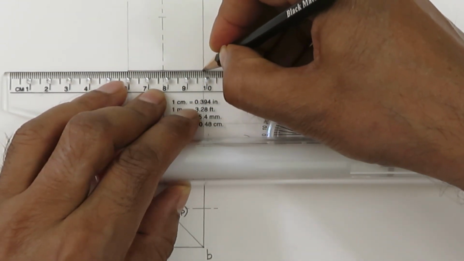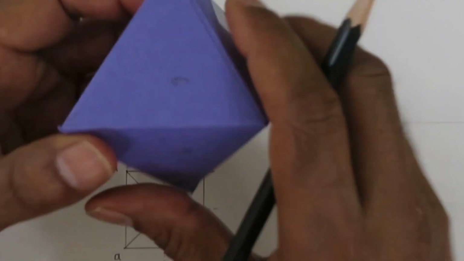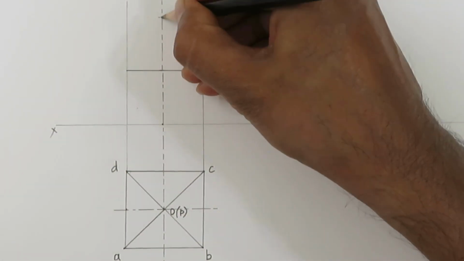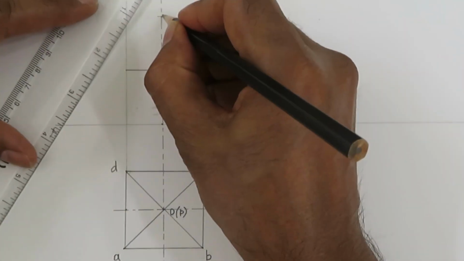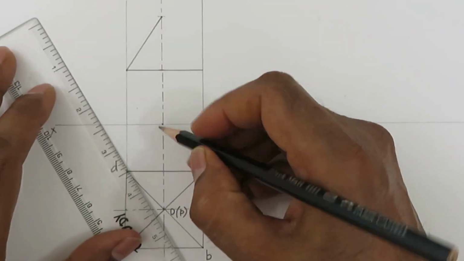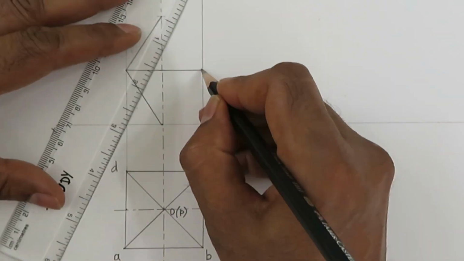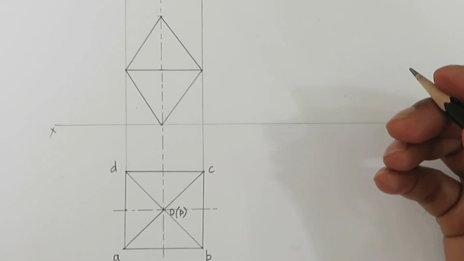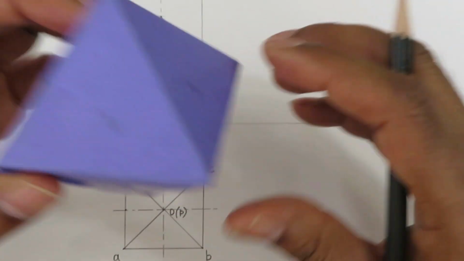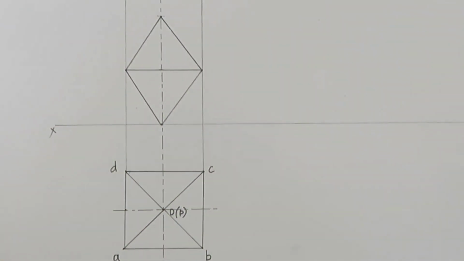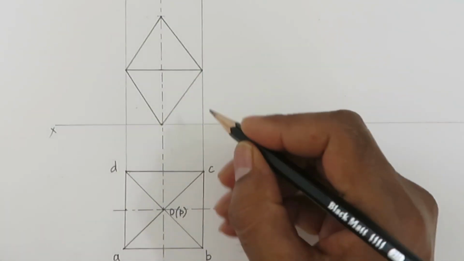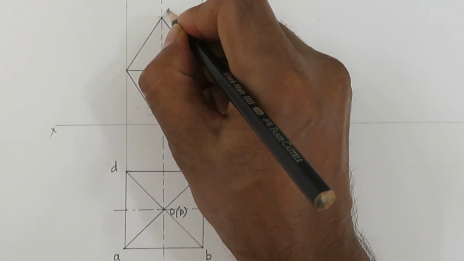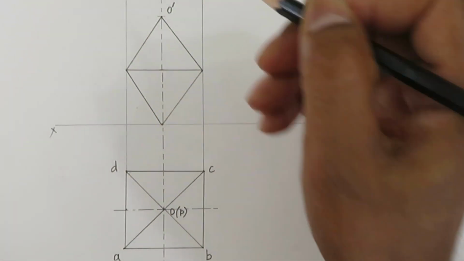So this represents the projection of the base, so this part. And we have got these vertices, so we will connect them. So this is the front view of the octahedron in its simple state. So now we should label them. So this is O. So here we will write as dash.